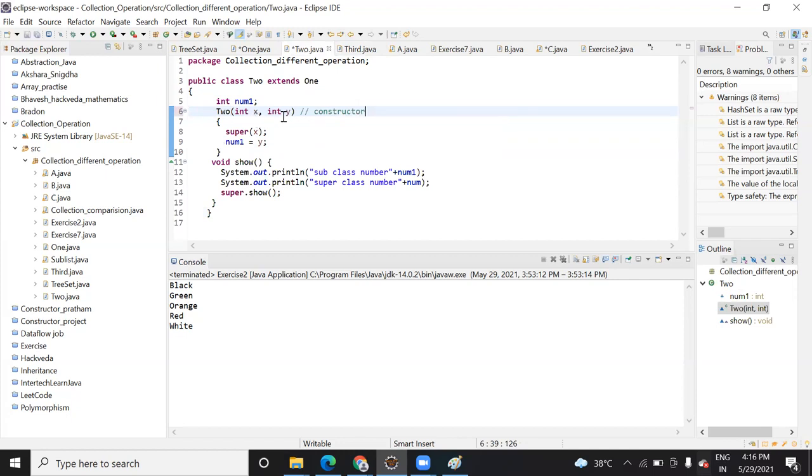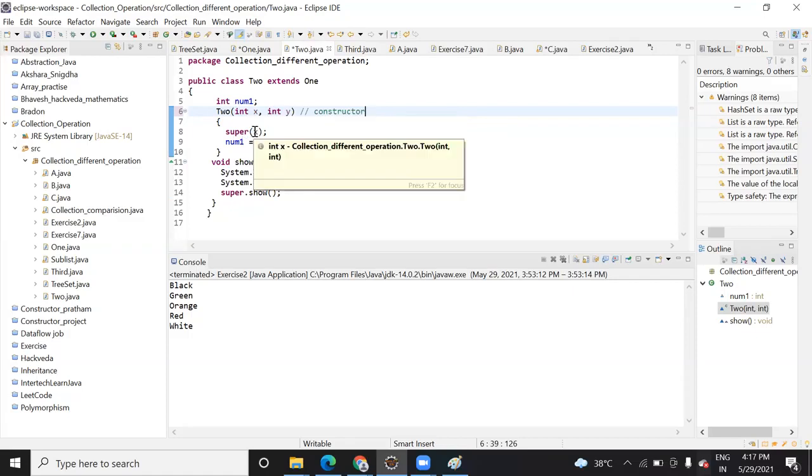But you just check it here. This x and y. Is there any additional variable in this constructor to hold the value of x when you are passing two values? No, correct. So when you use super x, whatever value you pass, it will pass the value x to the parent class variable.